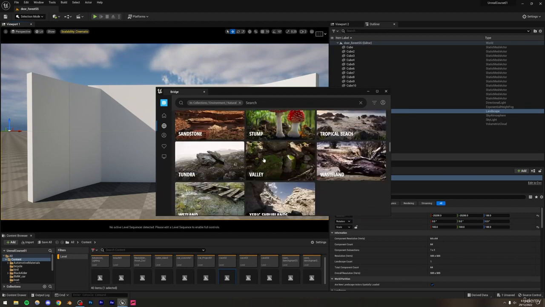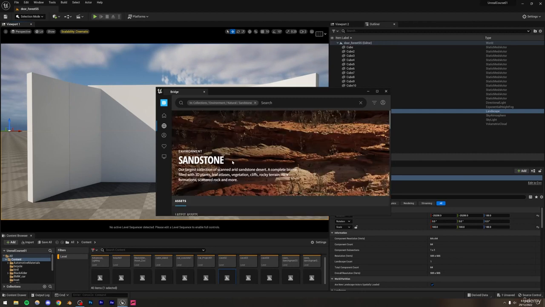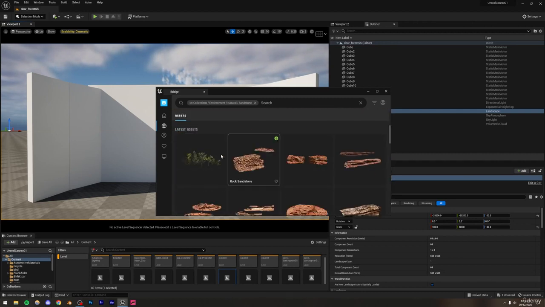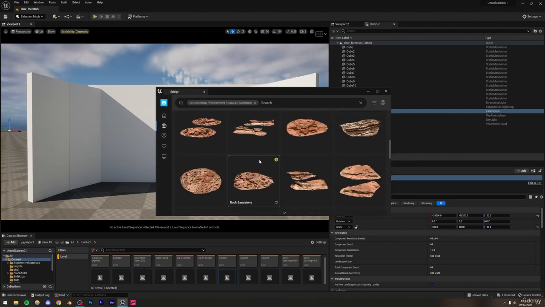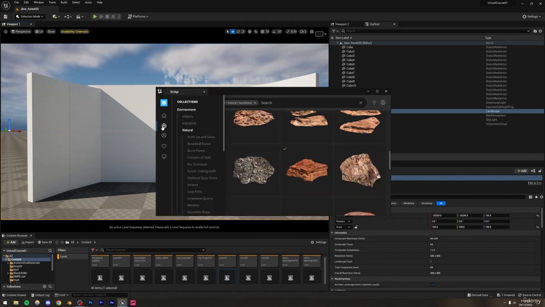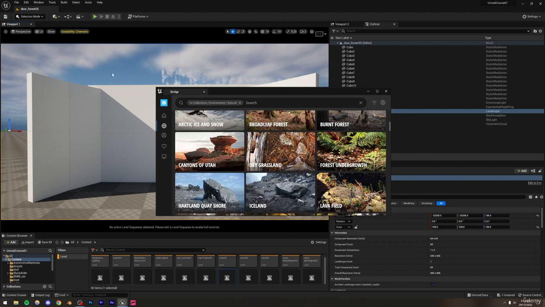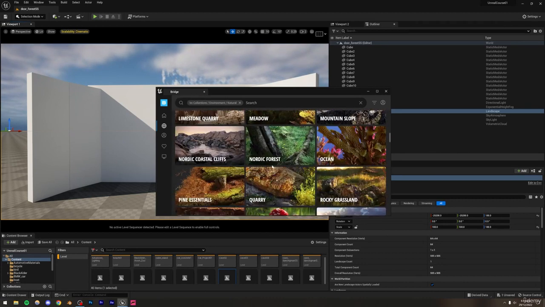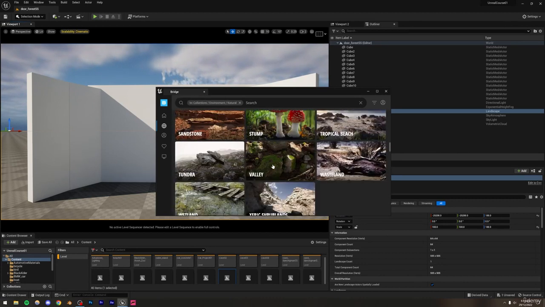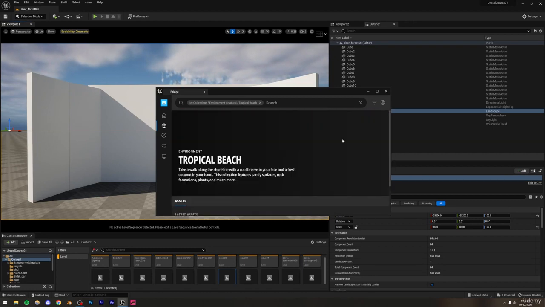Now obviously you can choose whichever one you want. For example, if you want a cave which has assets like stone assets, and maybe it has a desert vibe to it, then you can do that as well. Actually, instead of going with the exact one which I did before, let's go for something else, because the one which I used before was, if I can just find it, I think it was,